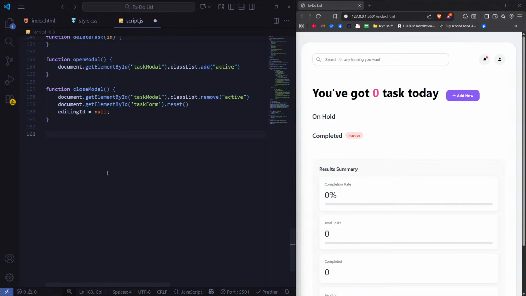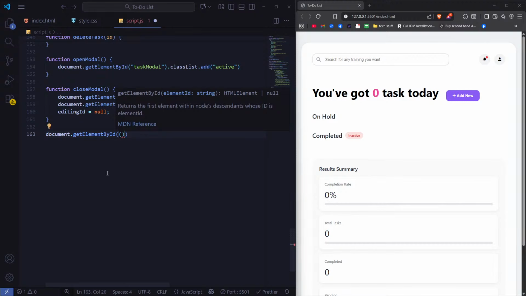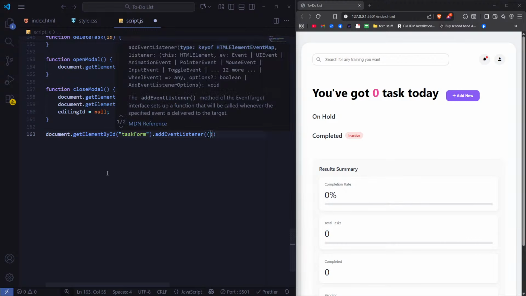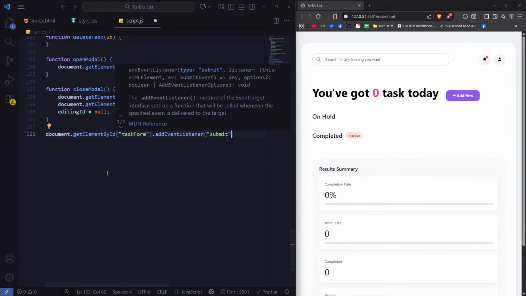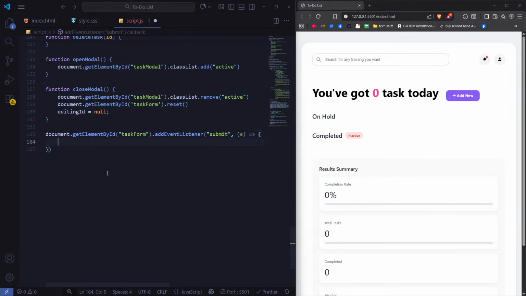Now for that we can do document dot get element by ID, get the task form first here, do add event listener. We'll listen to a submit, and after that we'll run the following